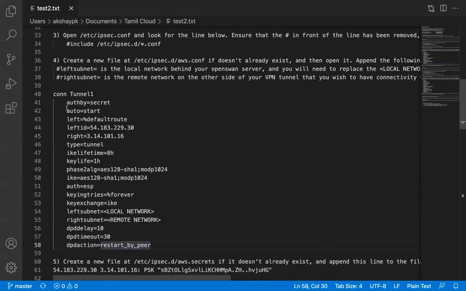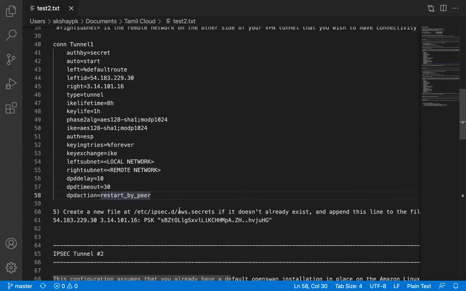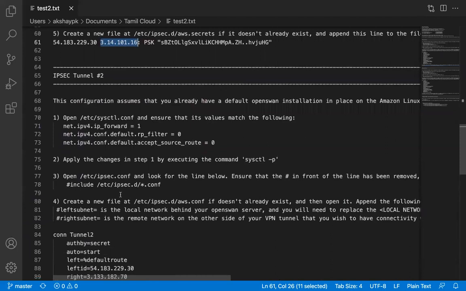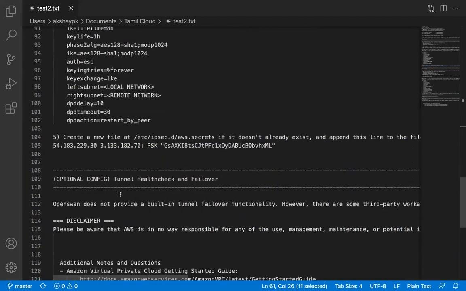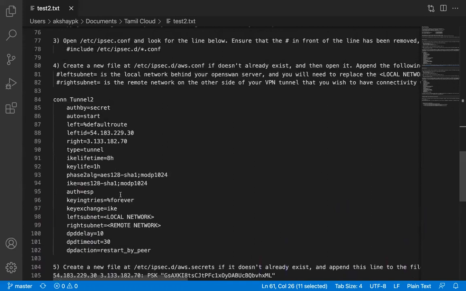Once you create this connection of tunnel one details, you also need to create a file called aws.secrets where you authenticate using pre-shared keys, which we studied in the theory aspects. Other than this, you have one more option, which is your private certificate from ACM, but we are just going to stick to pre-shared keys. If it has to connect from the customer gateway device to your tunnel one publicly reachable IP address on the AWS side, it has to authenticate using this particular pre-shared key. You follow the same for tunnel two, and you can see that it automatically brings up both the tunnels, but LibreSwan or OpenSwan supports only one tunnel to be available at any point of time.